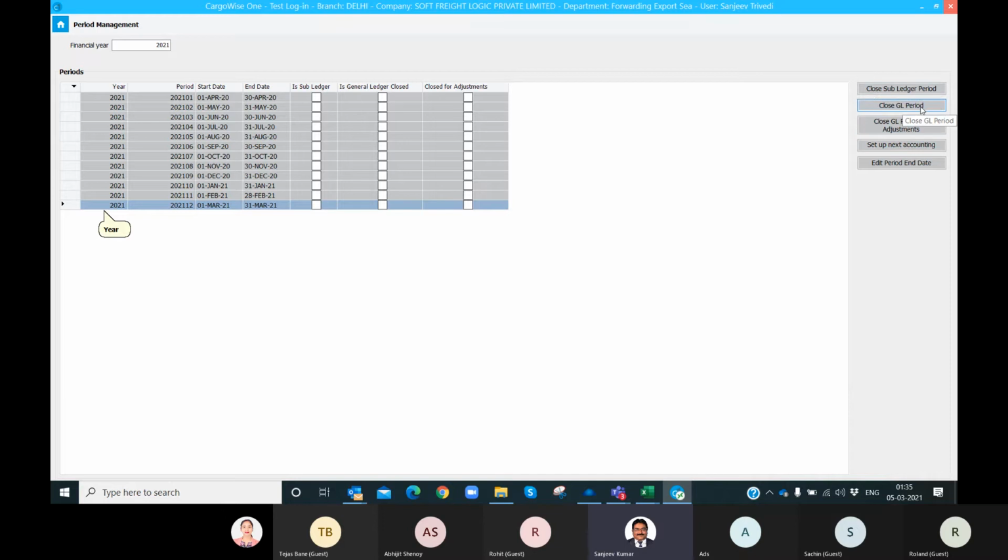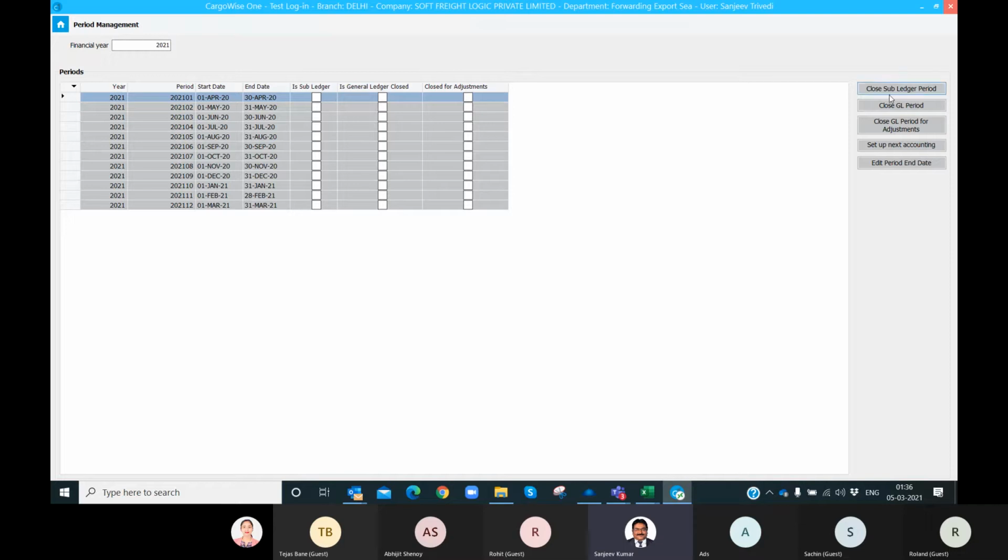Okay. Once GL postings and all journal entries are done for AR and AP, and the adjustment related entries for that particular period have been done, you can close the GL period for adjustment. For any period, you can see there are three blocks. Means for a particular year, it will be 36 blocks. If all 36 are ticked, it means that financial year is closed now.